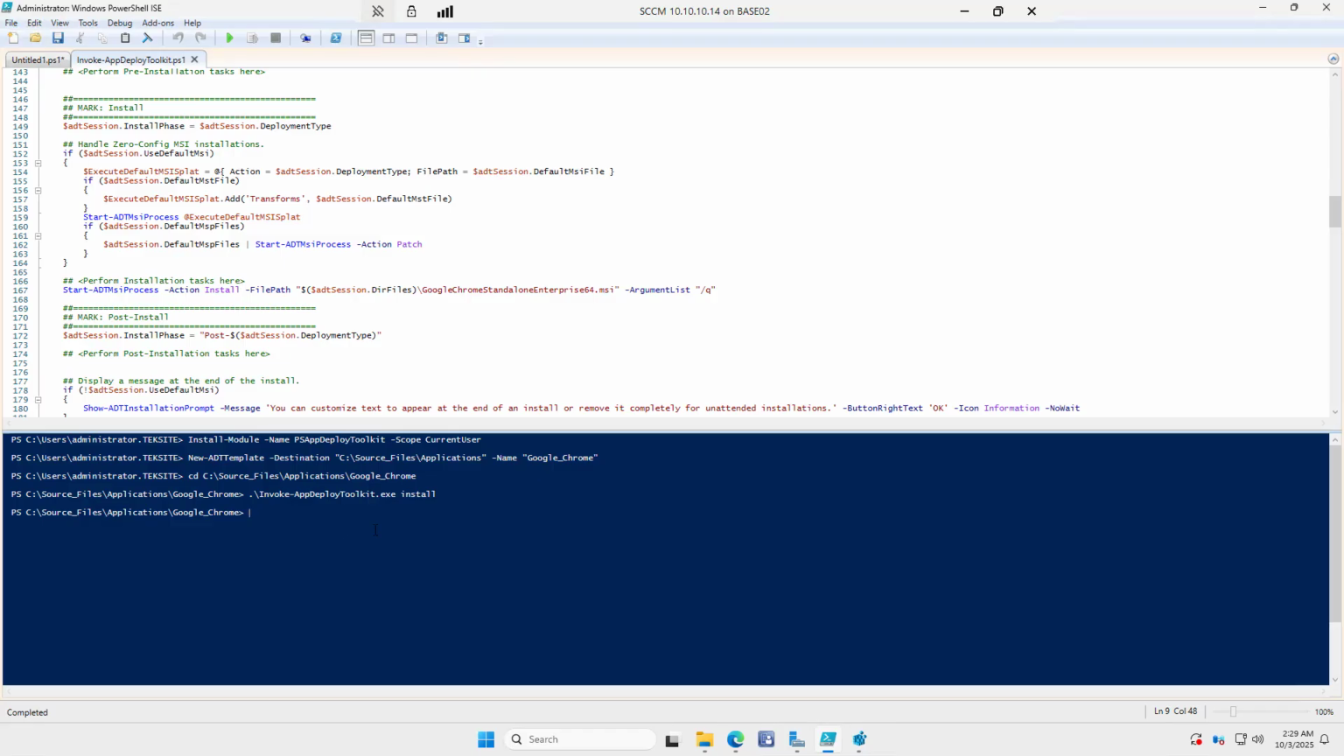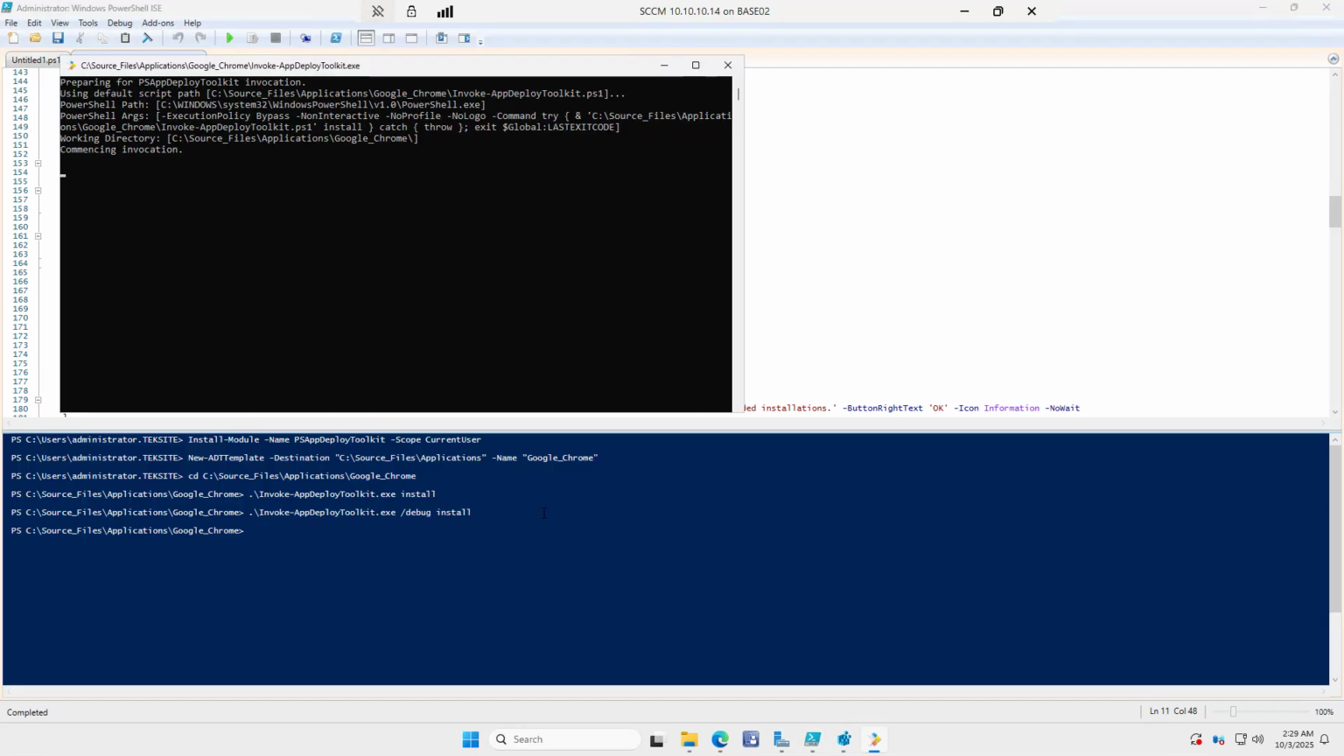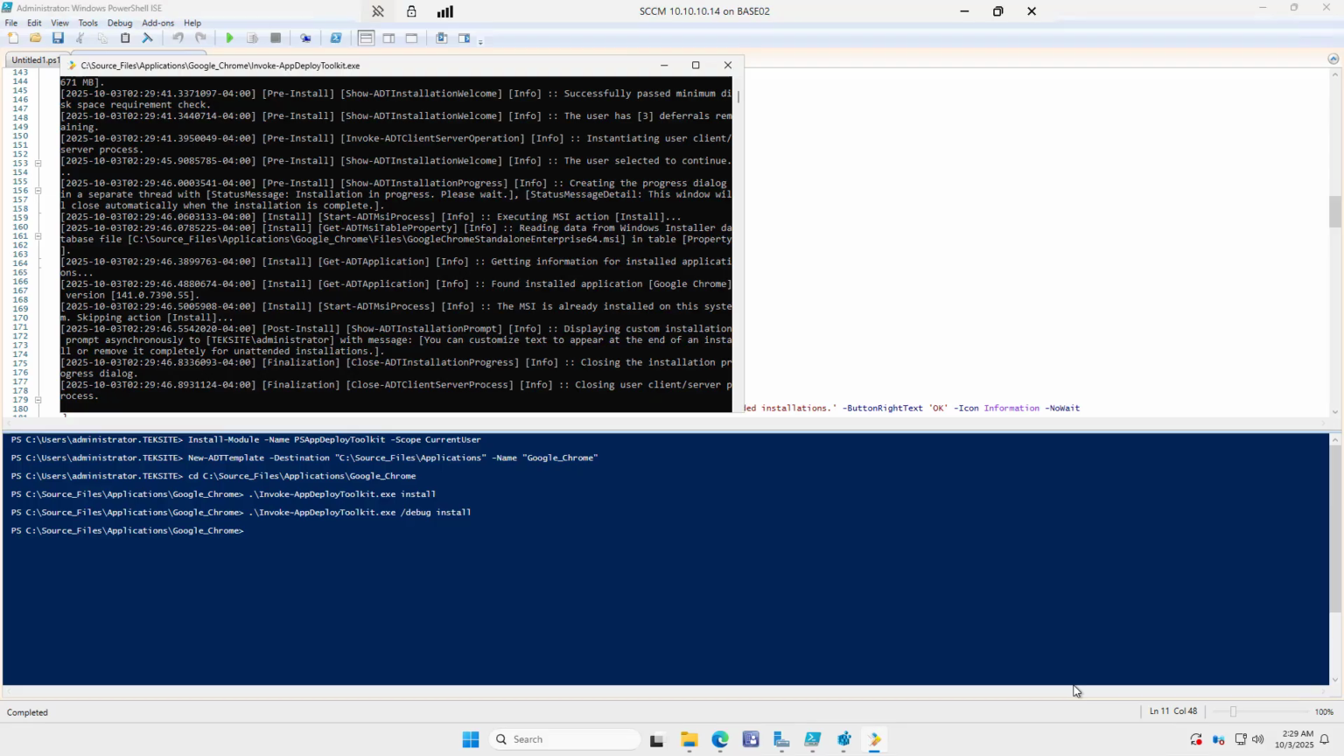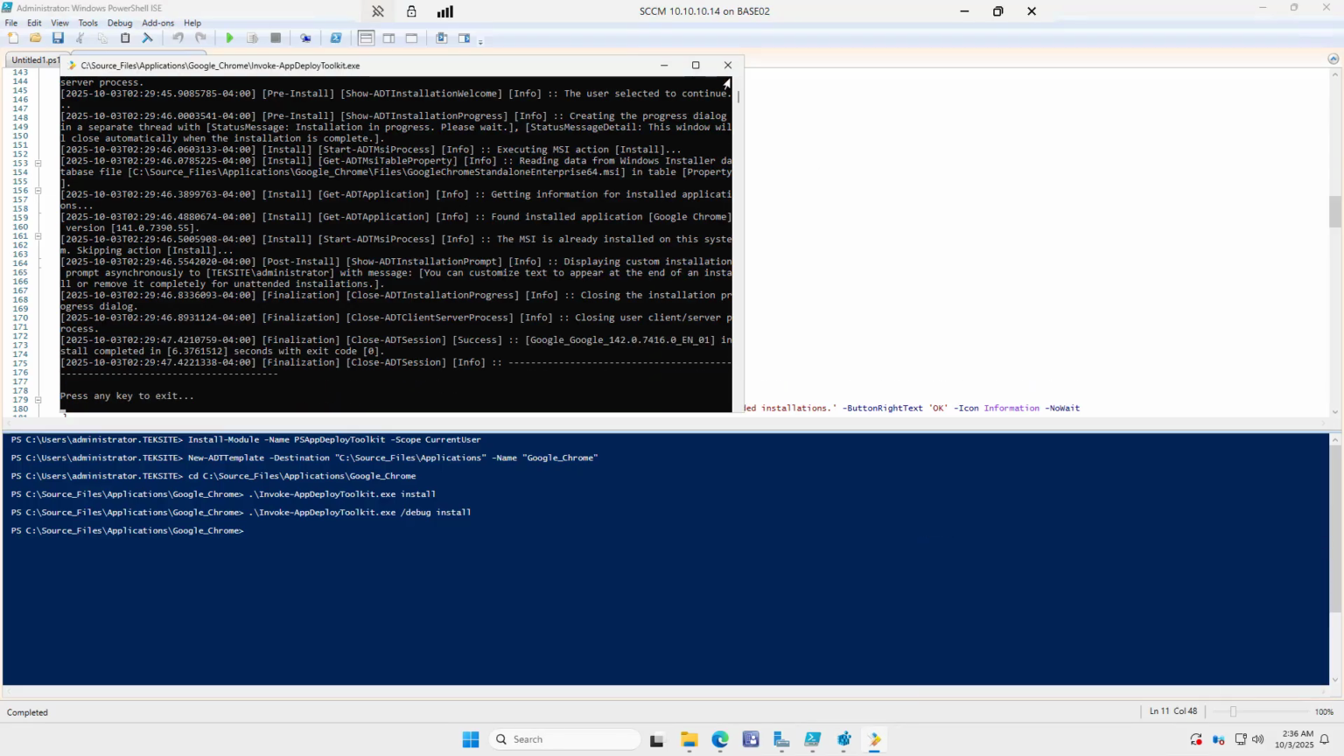Suppose you wanted to debug whether it is running properly or not. What you could do is press the up arrow key, come here, and then type /debug. Once you do this and hit enter, it's going to open up the window. If there's an error message, you can see it. Let us close the